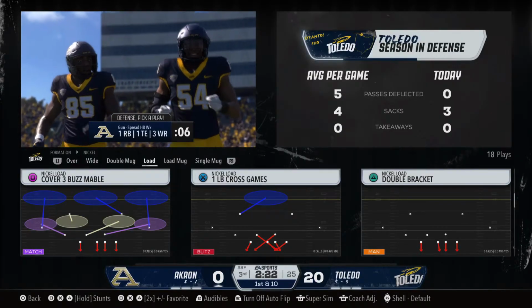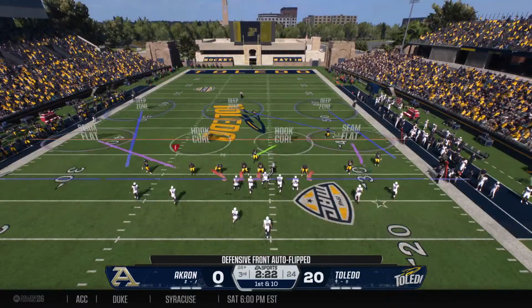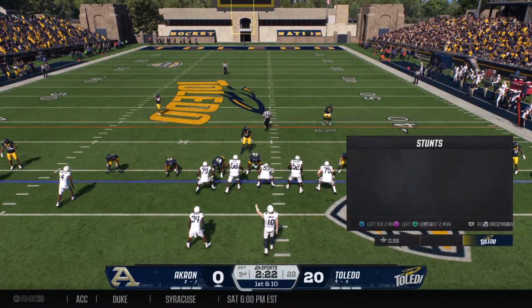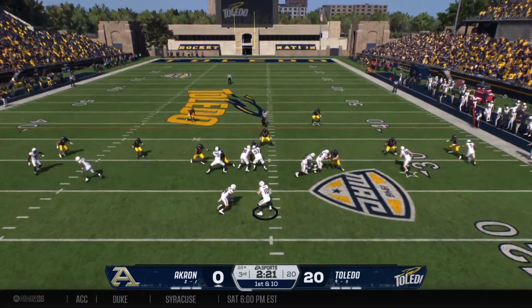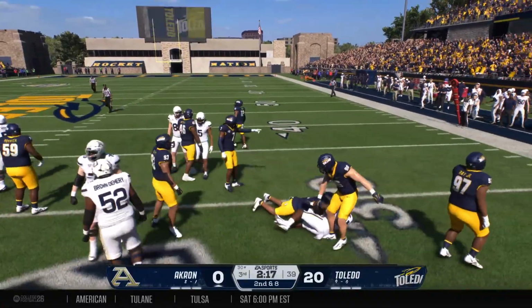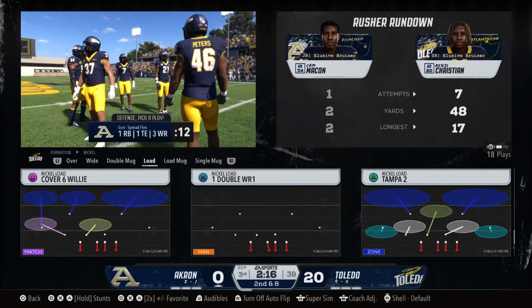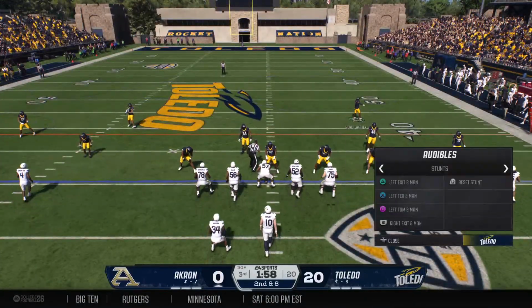Their drive chart is starting to look a little monotonous. Punt, punt, punt. And their defense is starting to get a little frustrated, too. They just keep putting you back on the field, possession after possession. This offense needs to get their heads out of there and gain yards. Hunter's on the sideline with the offense. She's not used to this. This offense